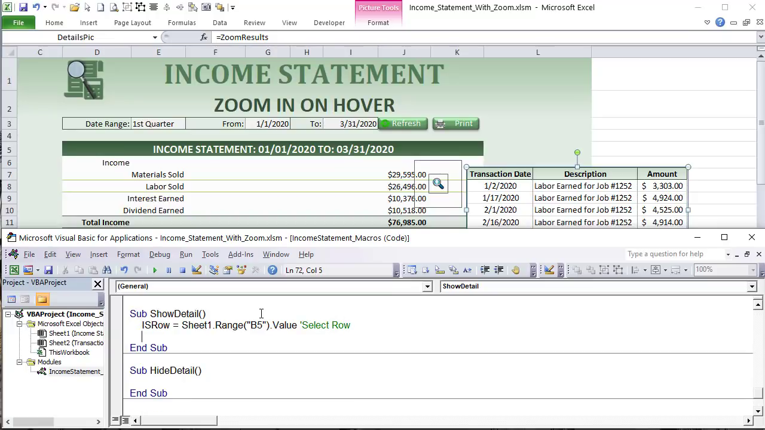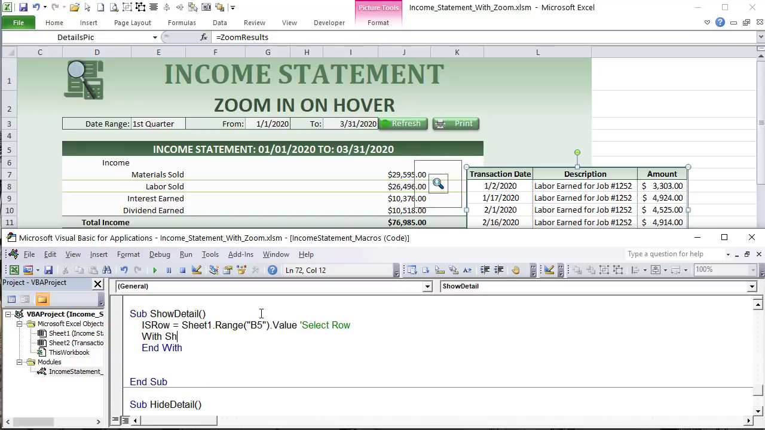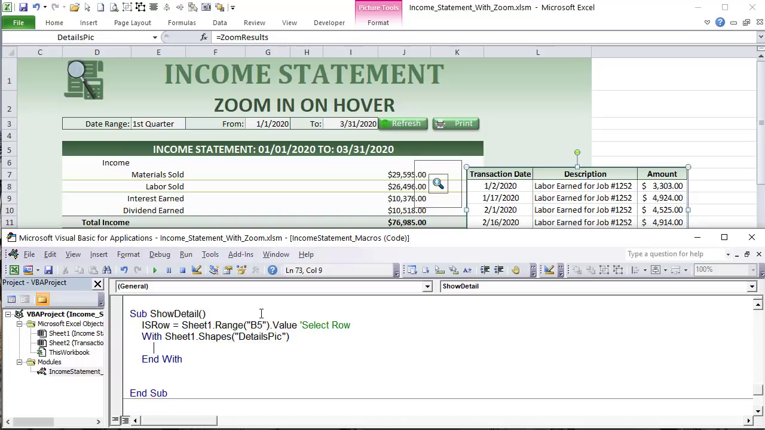Once we have the selected row, I want to focus on the picture that I just created with Sheet1.Shapes. What shape is that? It's called the details picture, and that's the one we want to place. So the left position of that picture is going to be set equal to